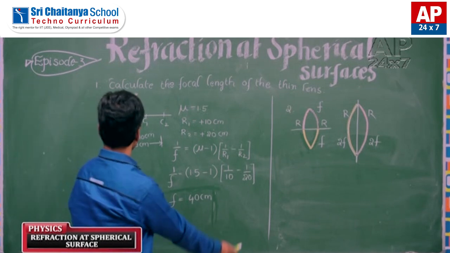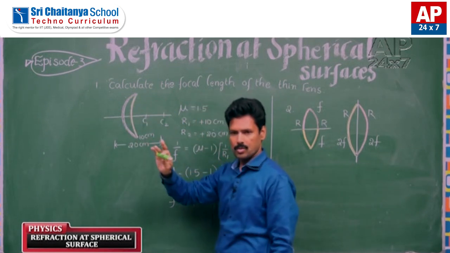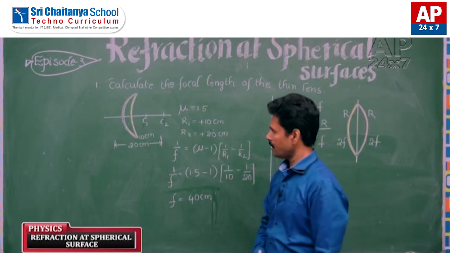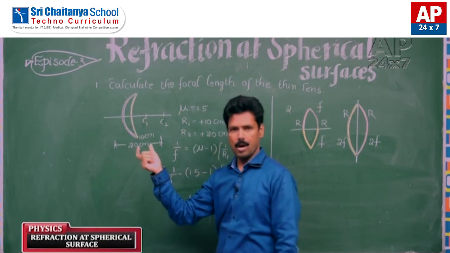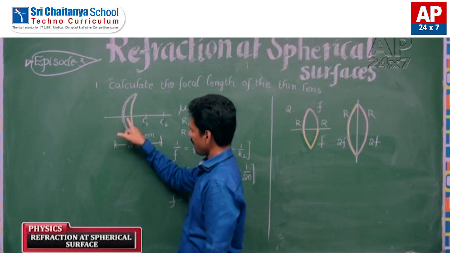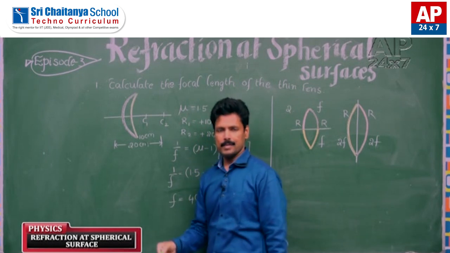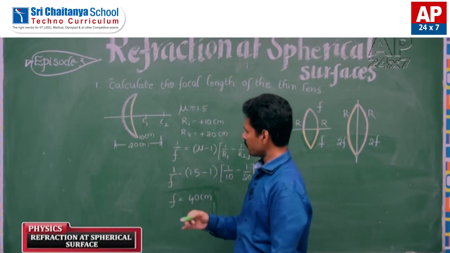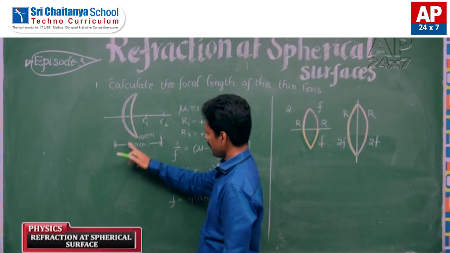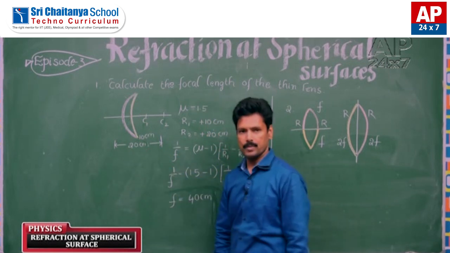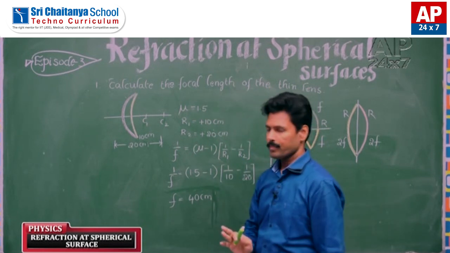First this one, we have here one lens. We want to know whether it is convex or concave, and by seeing the diagram we can say what its nature is. Here we can see it has more thickness at the center compared to the edges. That means it has convex nature. Now we are given the corresponding radii of curvature R1, suppose 10, and the other 20 centimeter. We want to calculate the focal length of that given thin lens.